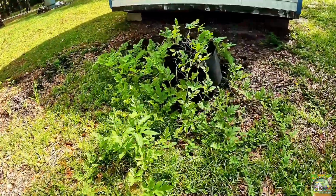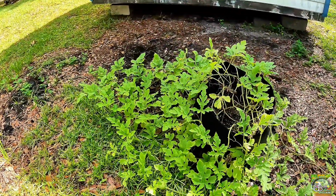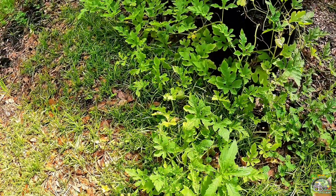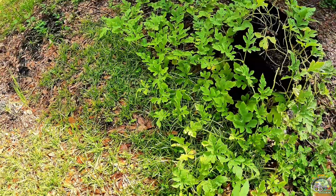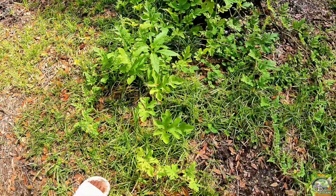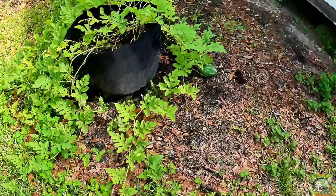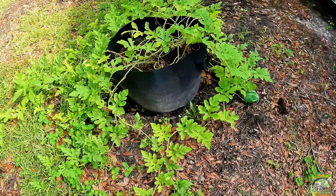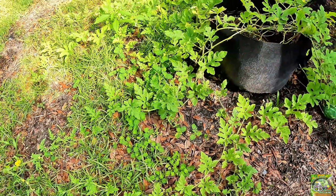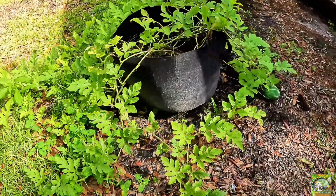So we're here at the second one, and it looks like the vines are still doing well. We have little watermelons, baby watermelons showing. I don't see any signs of anything being eaten or anything. I came over yesterday and put down some more fertilizer and liquid fertilizer for them. Well, I take that back about not being eaten. I see one here that is halfway eaten